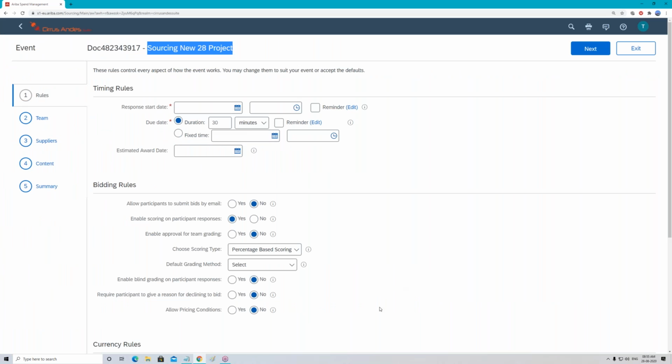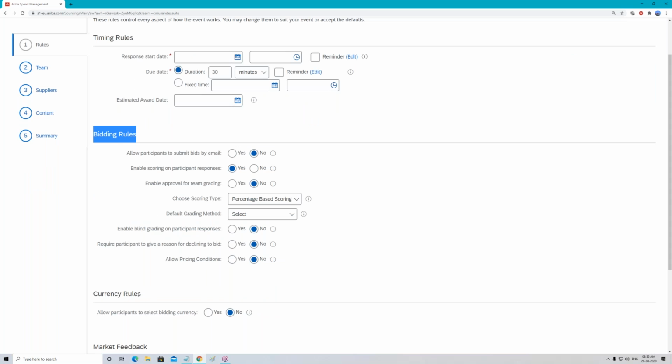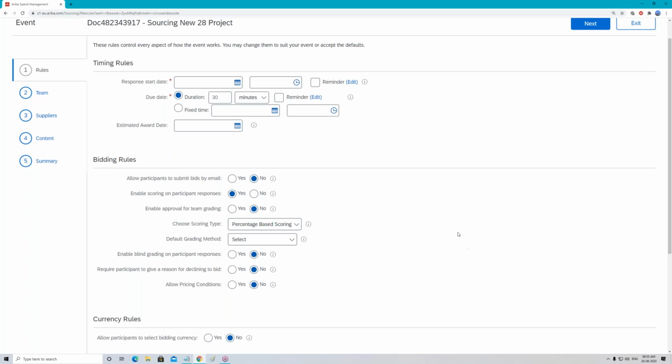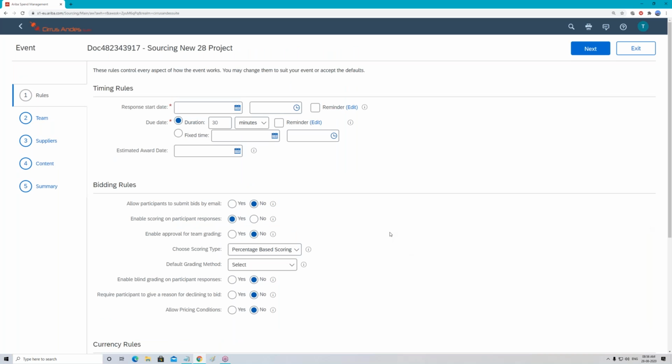First thing first. So these are the different things like timing rules, bidding rules, and currency rules. There are two things I want to tell all of you, and remember, this is not for the first screen, but for the whole sourcing project. We are not going to go into detail of what timing rules and bidding rules are, but I'm just going to give you a sneak peek, and there are certain general things which all of you as an Ariba functional consultant should know.